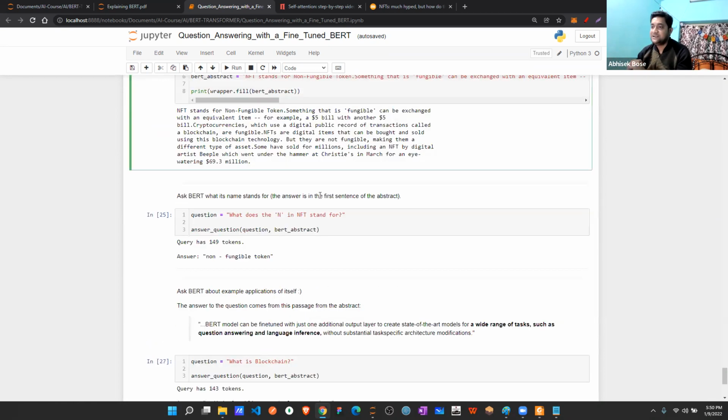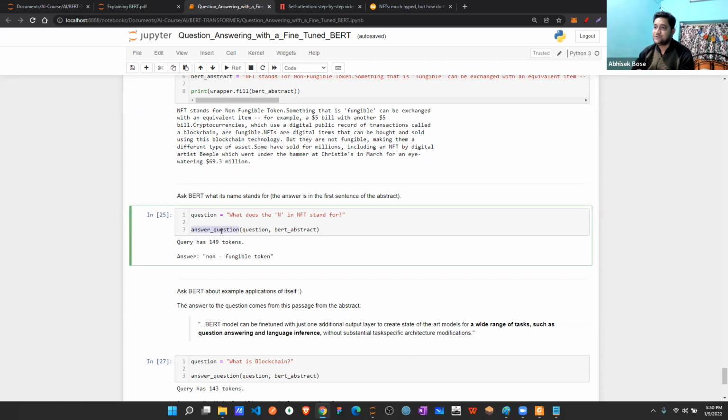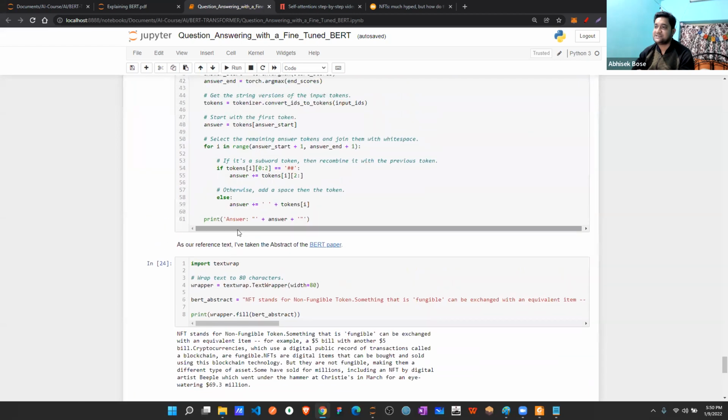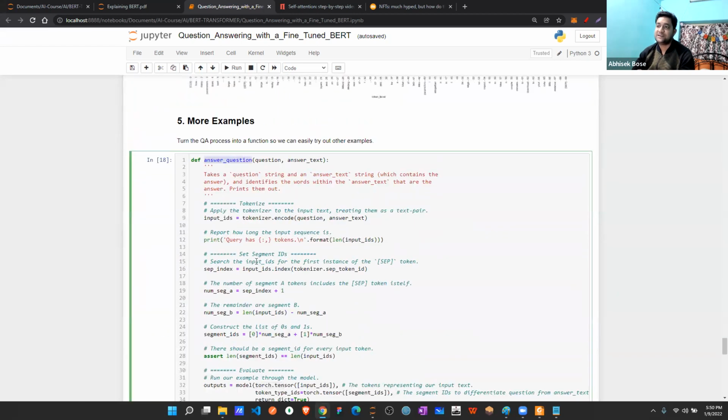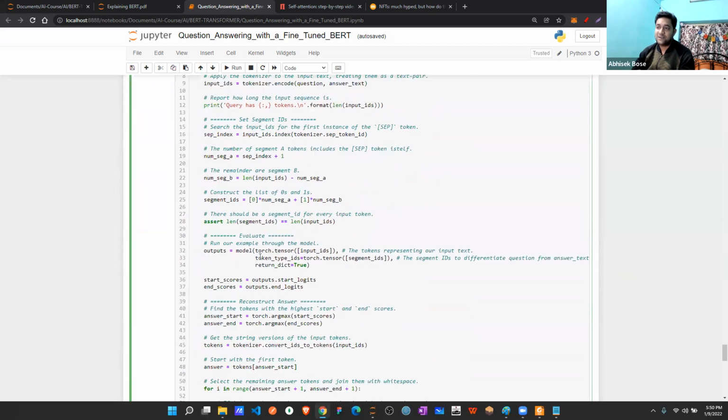Once that is done, you need to give an option to the user to ask some question, correct? Because this data is already there. That person is going to share those questions and just use this answer question function.